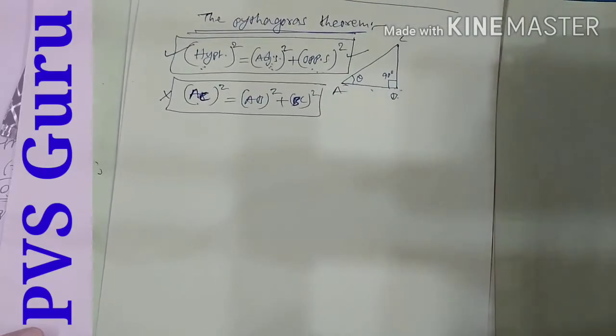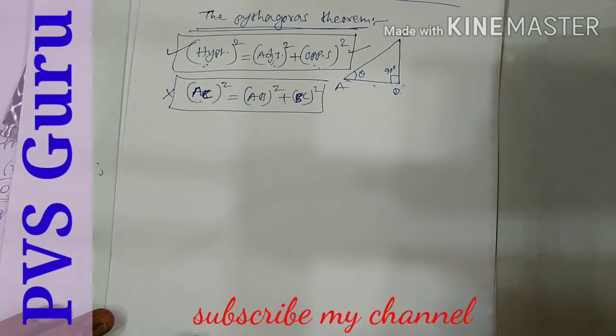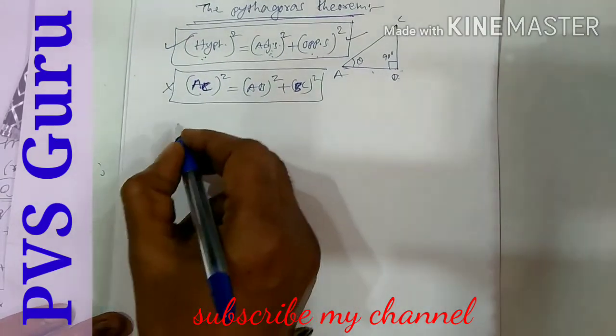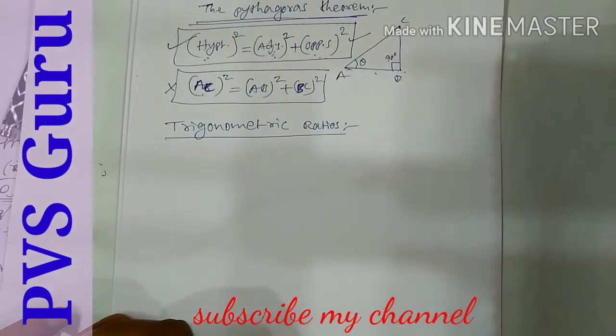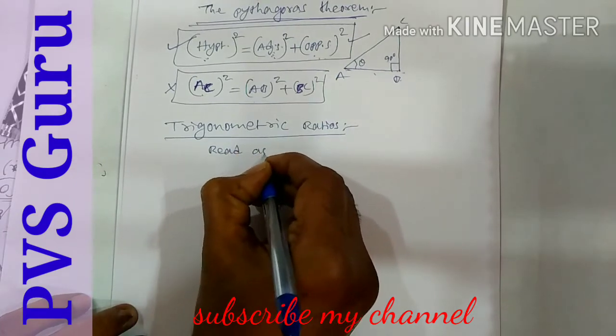In this trigonometry, just like alphabets, we have 6 trigonometrical ratios. So only the names we now have to read. I will explain to you about these 6 trigonometrical ratios. Trigonometric ratios are read as